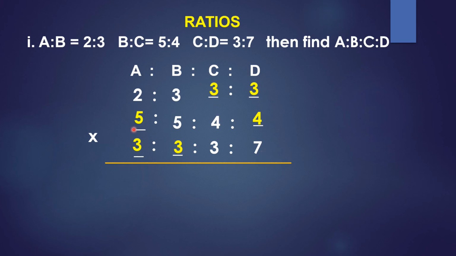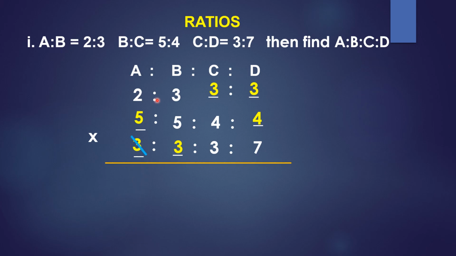Now you take 5 here. 5 is there in A, is there in B, but it is not there in C. So we will not consider 5. Similarly, 2 you consider. In A 2 is there, but in B 2 is not there. So which is not common. So the number which we are considering should be there in all of A, B, C, D. So we will take 3 now.